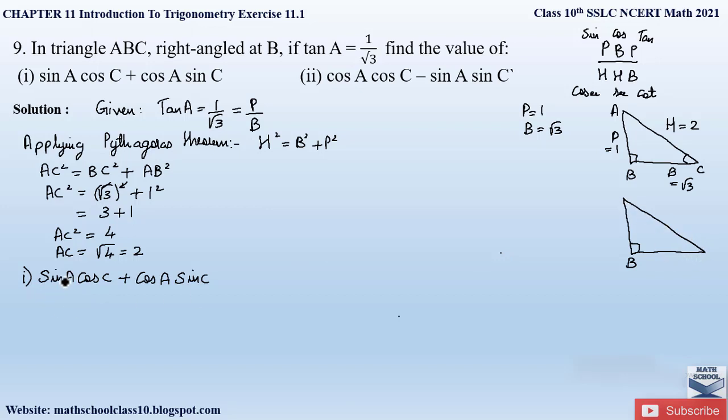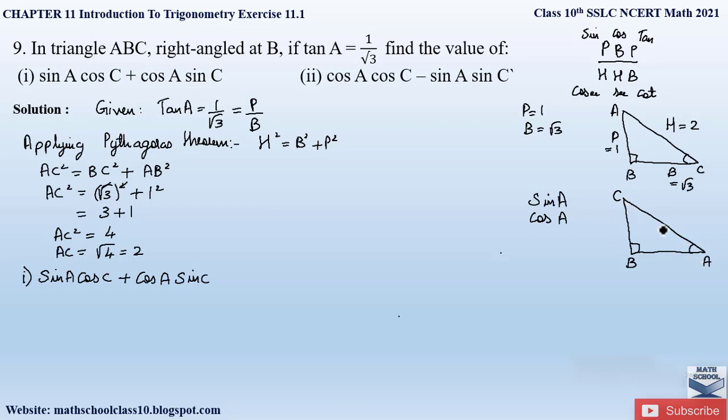Now let us first find out here sine A and cos A value, where we will consider our angle A to be acute, right? So whichever angle we are considering to be acute angle, it has to be at the base. So we will name this angle as A because it is at the base, and here the corner will be angle C, right? So this angle A is the acute angle now.